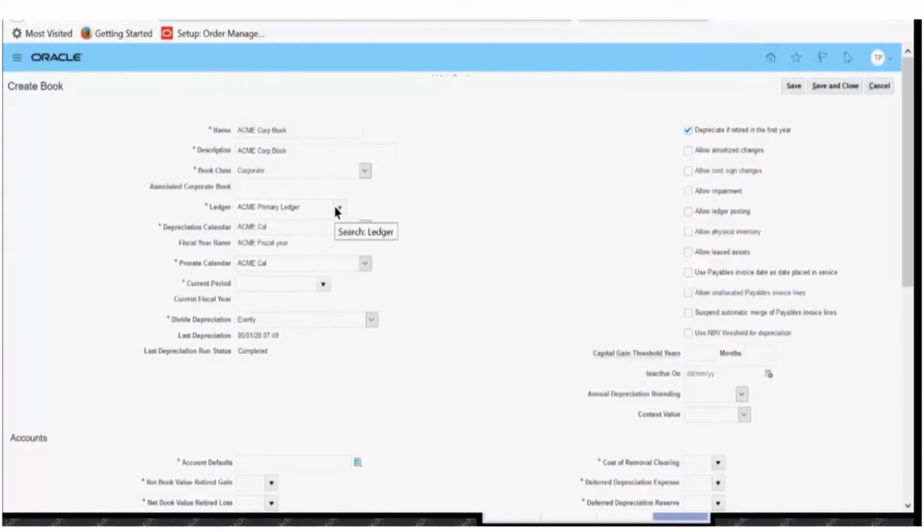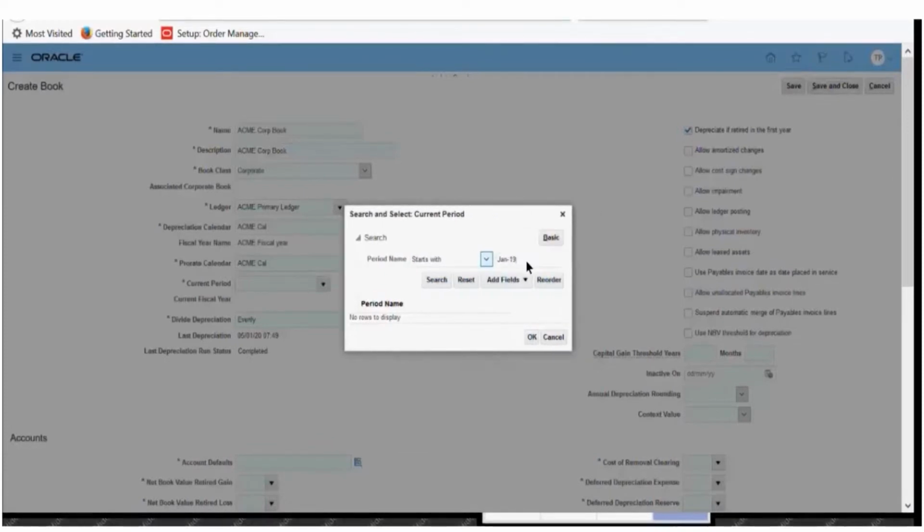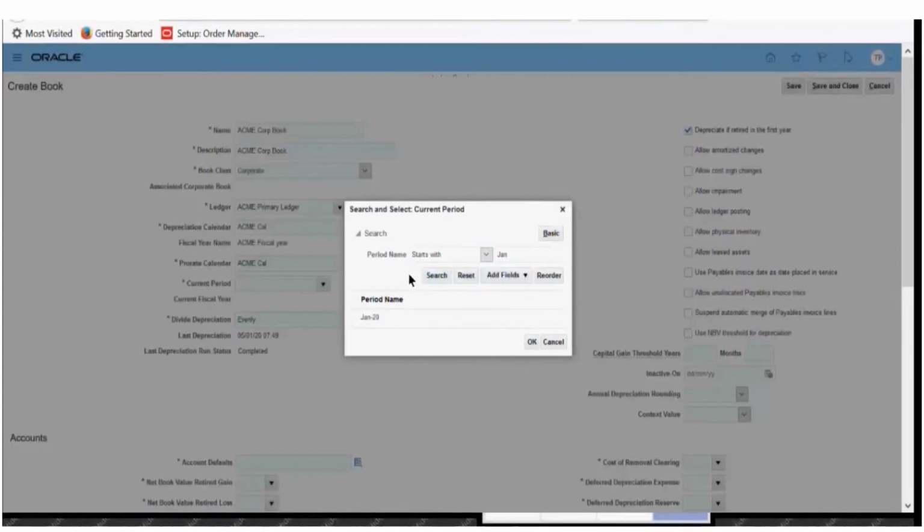Okay, I'll choose my calendar. This is my depreciation calendar. Now you asked me a question: whether you have to close all the periods from 1950 and so on. No, the answer is no. You do not have to close all the periods. You will choose the current period here. This is the reason you don't have to close and open the periods from 1950. Though you can have the calendar from that particular date, you don't need to open and close those periods because